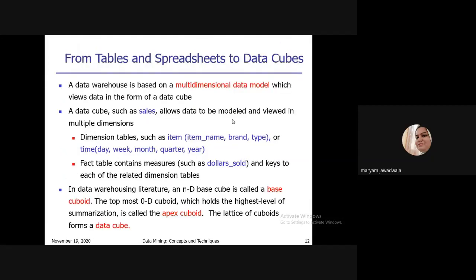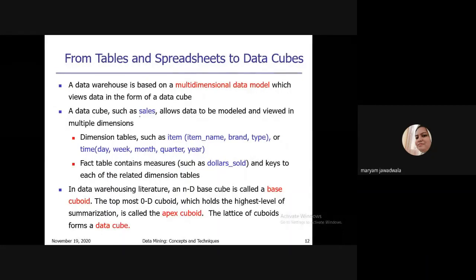So a data warehouse is based on the multi-dimensional data model, which views data in the form of a data cube. You can assume one cube, a data cube, which has more than two dimensions.